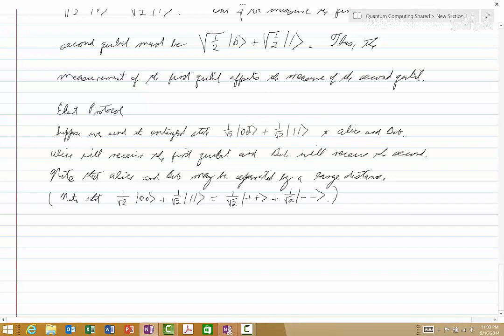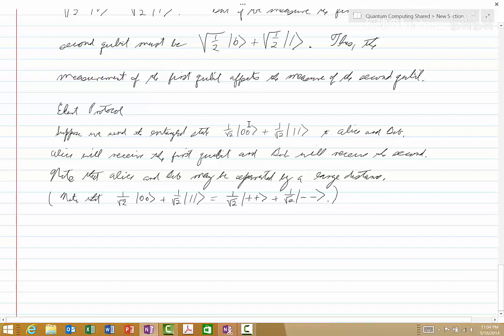Okay, so let's think about Alice for a moment. When Alice measures the first qubit with the standard basis, she has a 50% chance of measuring 0 and a 50% chance of measuring 1. If Alice measures the first qubit with the Hadamard basis, she has a 50% chance of getting plus and a 50% chance of getting minus. However, and this is the key part, if Alice measures that first qubit, let's say that she measures it as 0,